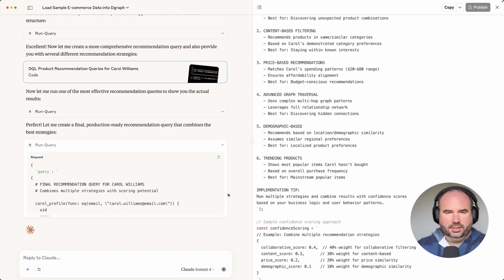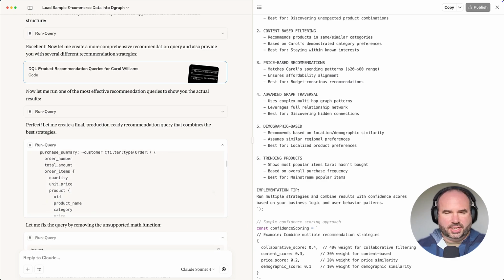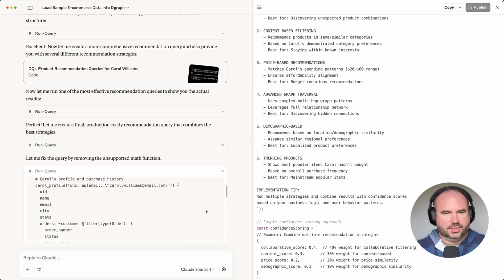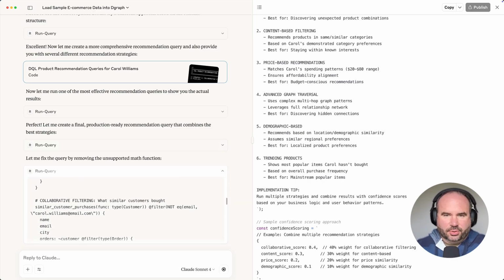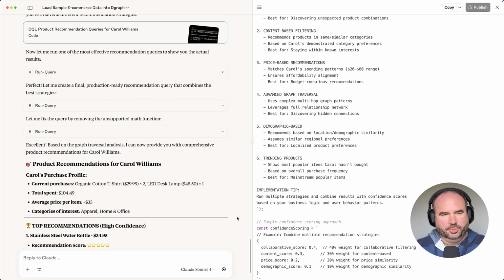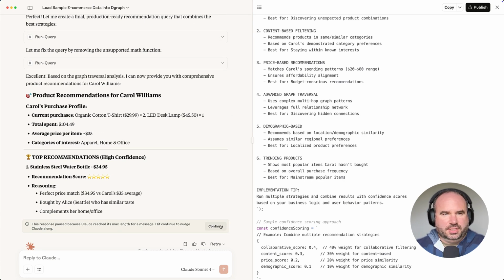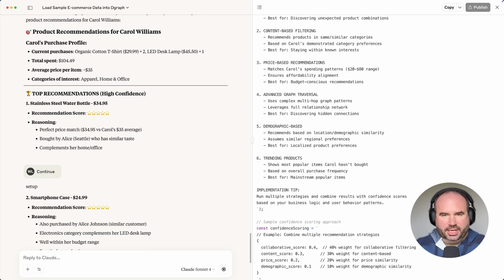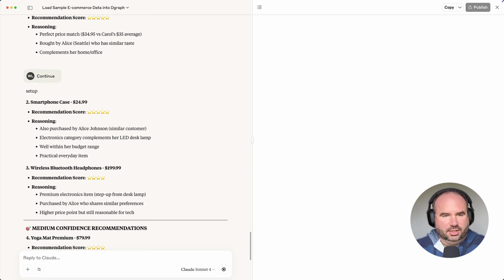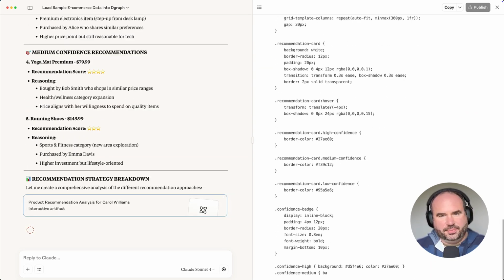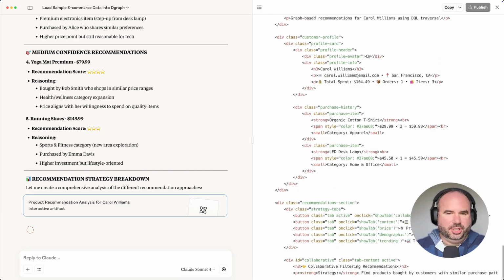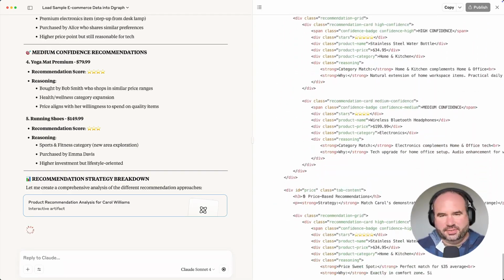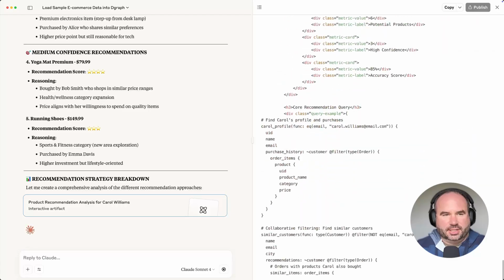And again, we see here that Claude is going to iterate a little bit. So it's trying to come up with one final query that takes these different approaches into account, sees that it gets a little bit of an error and it iterates on that until it gets the result that it expects. And our final result here is going to be, again, using the Claude artifacts feature, generating some